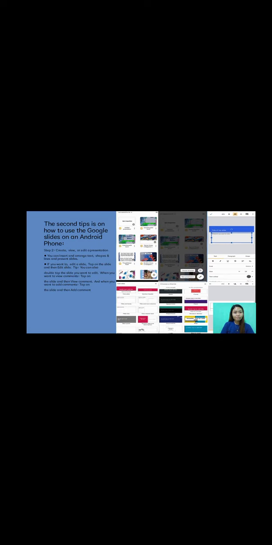Then next tip is you can also double tap the slide that you want to edit. So, yan. Pagkabukas mo ng app, pwede mong pindutin dyan or mamili kahit hindi ka na gumawa ng sarili mong slide, i-edit mo na lang, itatap mo lang siya. And then, pwede mo nang baguhin kung ano yung gusto mong maging format. And then, pagkatapos nun,